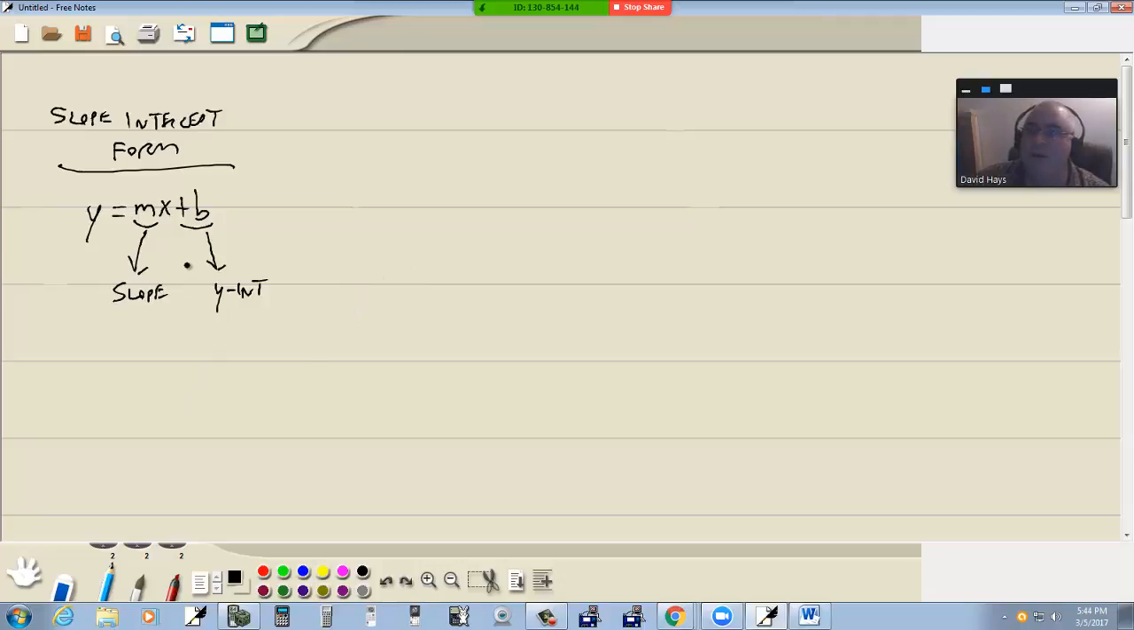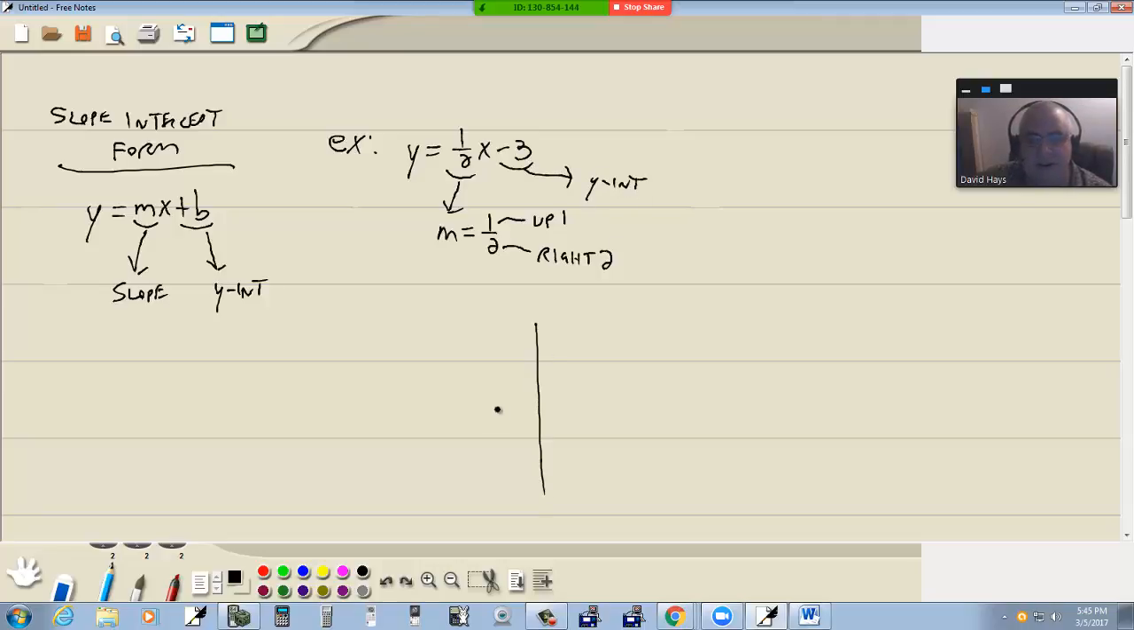Now, having it in this form helps you graph by hand. For example, if I have y is equal to 1/2 x minus 3. Slope-intercept form means you have it solved for y, and everything's the first power. Now this is going to be our slope, the 1/2. And this is a change in y over change in x. This is a positive 1, so that means we're going up 1. This is a positive 2, which means we're going right 2. If this was a negative 1, we'd go down 1. If this was a negative 2, we'd go left 2. Now here's our y-intercept. So to graph this,